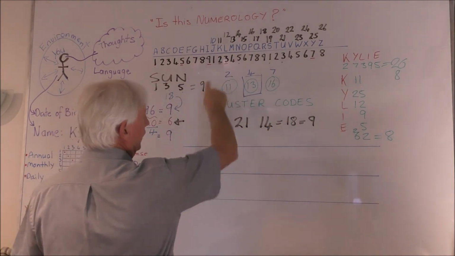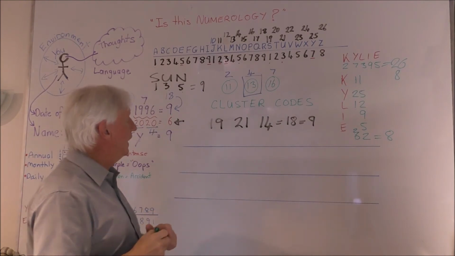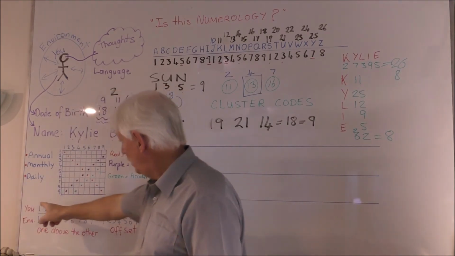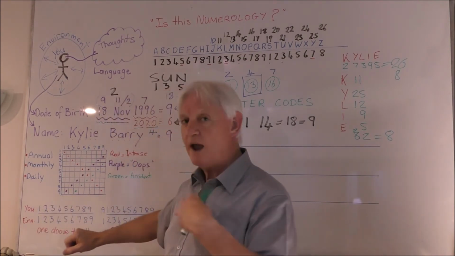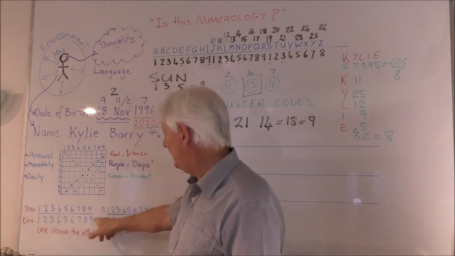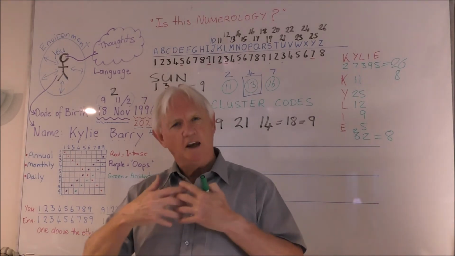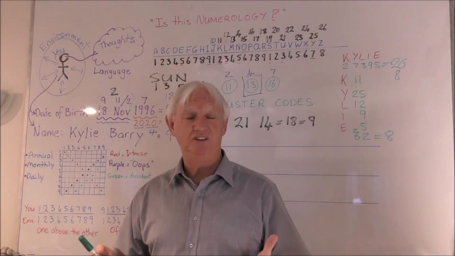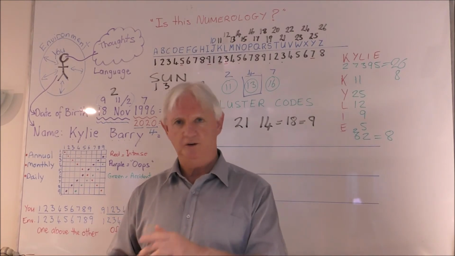These things called cluster codes come up. There are several kinds of clashes. There are clashes when you have you and your environment. If any one of these numbers here that you happen to be in, because they're forever changing, involves themselves matching up at the same time with any number below it, then you've got an intensification, and that means things can get kind of ratty in your life. And once you understand it, you can control it.